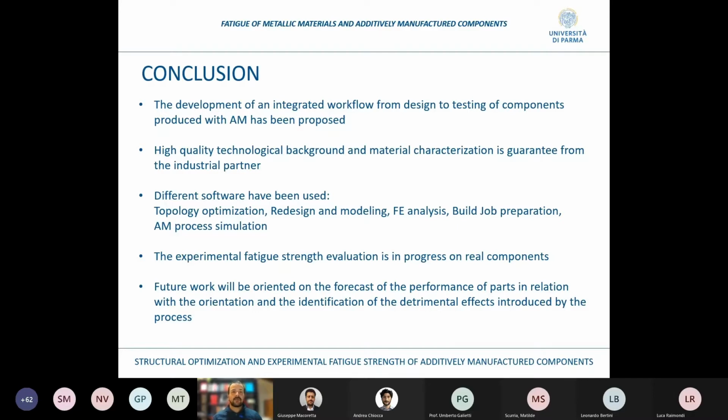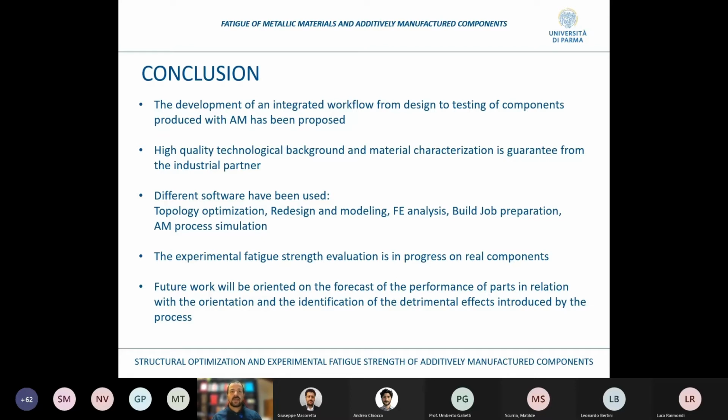The high quality of the material and of the technology is guaranteed by the industrial department, and also the recognition of the different software, the many software that need to be used during the design process and the workflow itself, are defined, and we were able to identify all the software that needs to be known by the designer, by the technologists. As I said, the experimental fatigue strength evaluation is in progress on the real component these days,